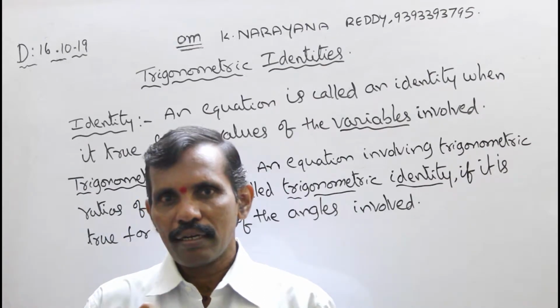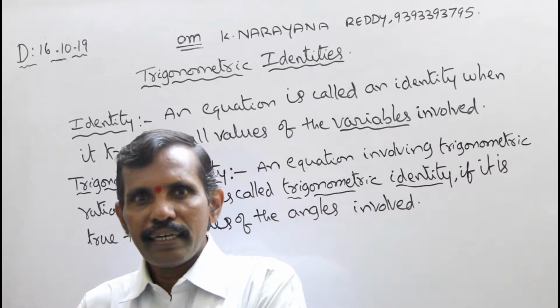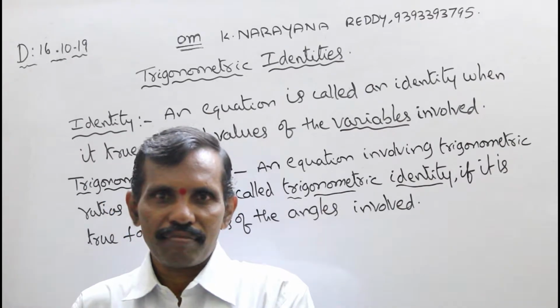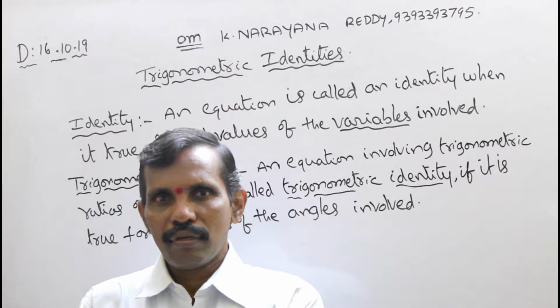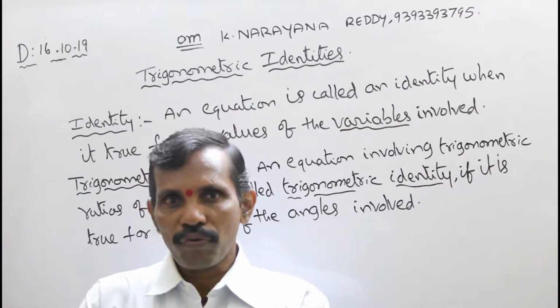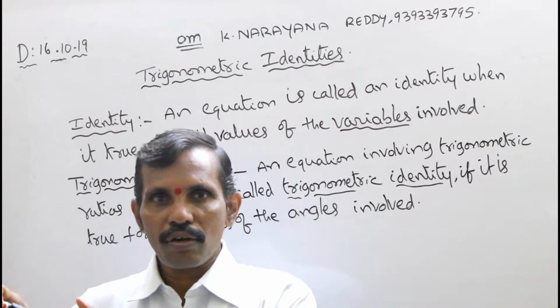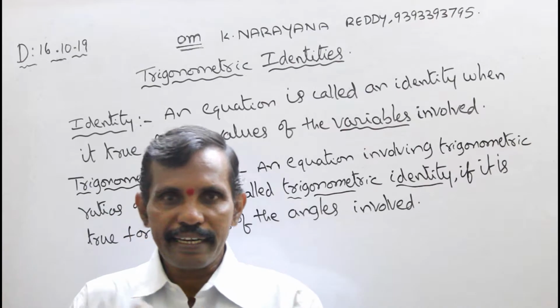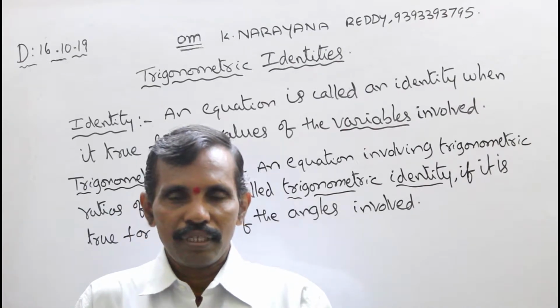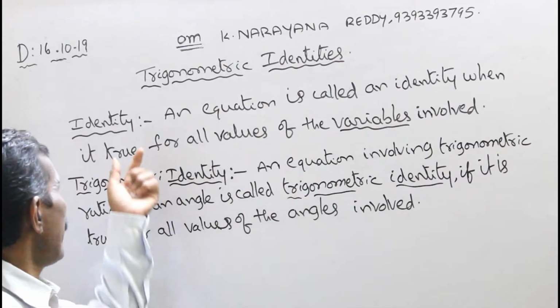A person can have an identity, meaning the image of that person or proof of the address of that person. That is identity proof. This person belongs to this address or not, this image or not, this photo or not. That is identity. Yes or not? The same manner here also. Identity means